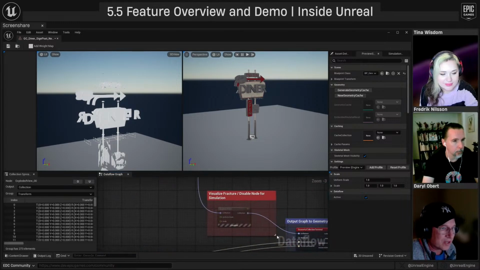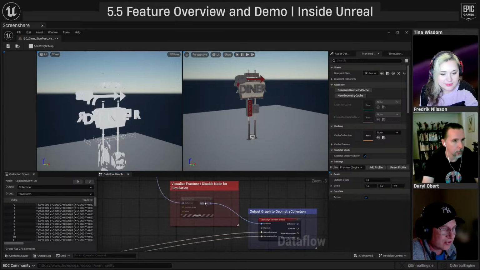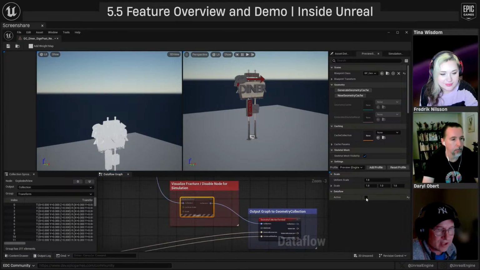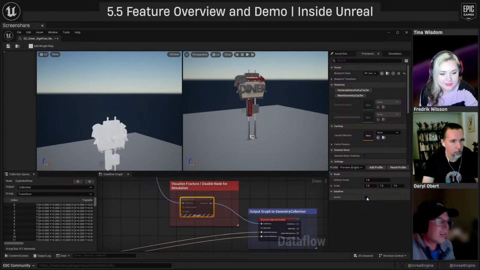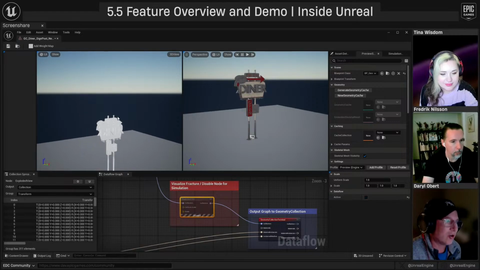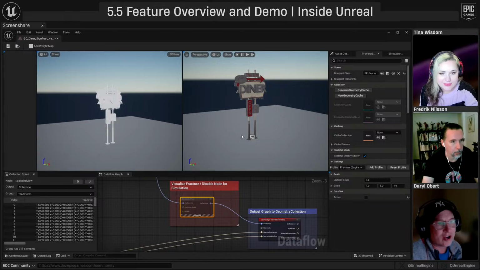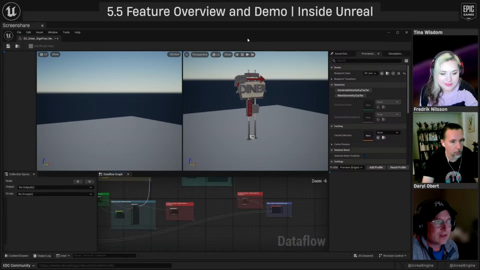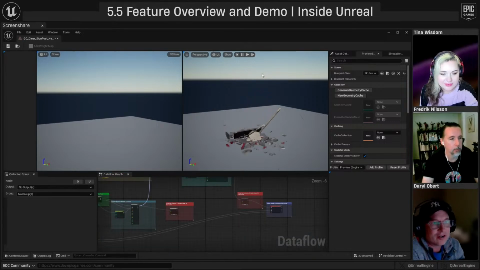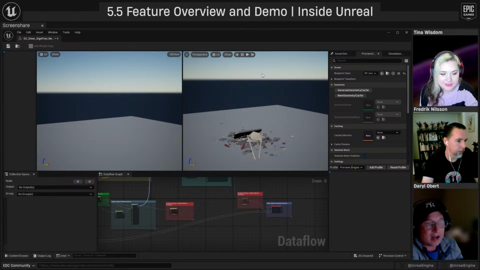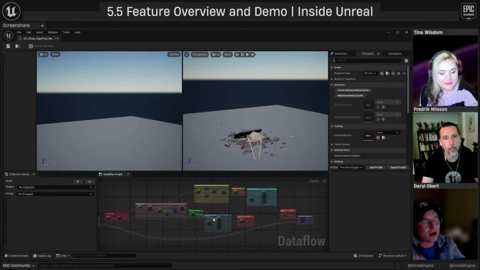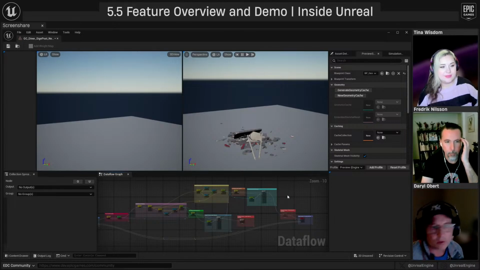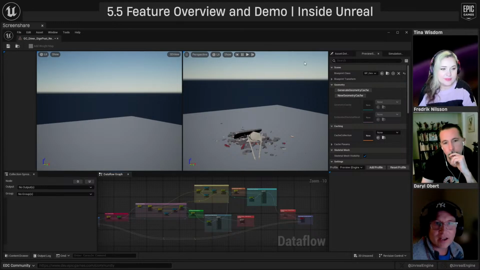It doesn't know what this top fracture is because that would be more viewed with this visualization node over here, right? So if I visualize with that one, you can see now it's showing the fractured version versus the non-expanded version. So long story short, we're basically making some choices on how we want to fracture the top independently from the bottom. The end result, if we play it, is a sign that has different types of things happening for top and bottom. But it gives you a little example of a little bit more complex logic in our non-destructive fracture workflow, which is super fun and very cool.